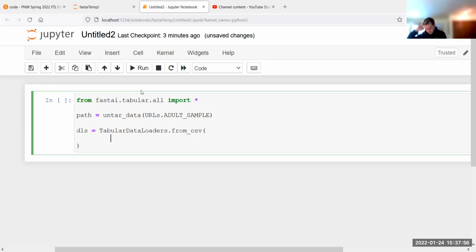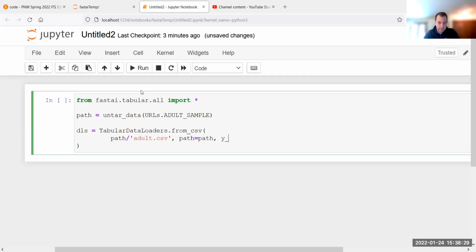So we're going to have to specify the file name. So we're going to go over here, path. So I said from CSV, right? So path, it's going to be adult.csv is the name of the file. Path equal path for that adult sample.